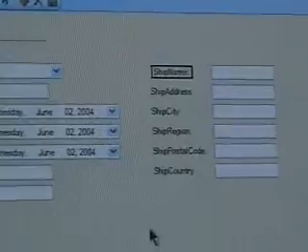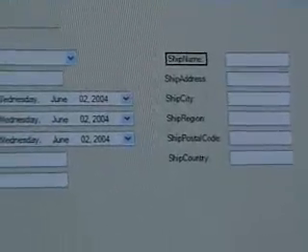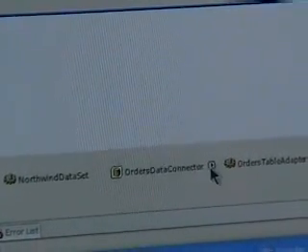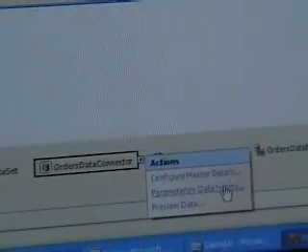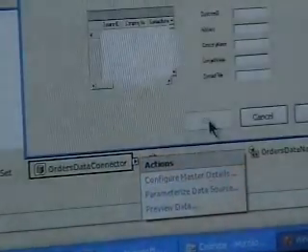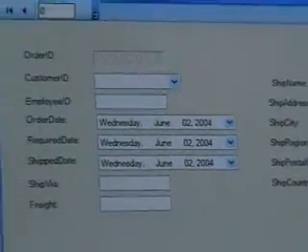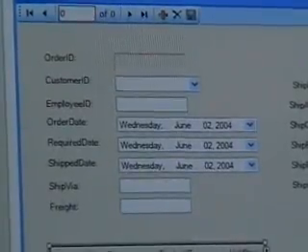Now I want to add the order details table. I just come down to the data connector. The data connector surfaces the binding context. And on the data connector, I can configure master details. Parent table, that's orders. The child table is order details. I'd like to add it as a grid. I say OK. The grid gets added. Let's add it out and take advantage of the snap lines. And now when I run this